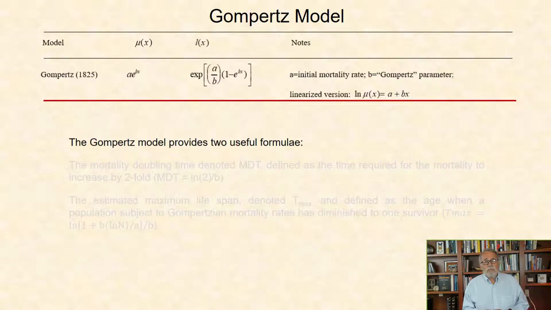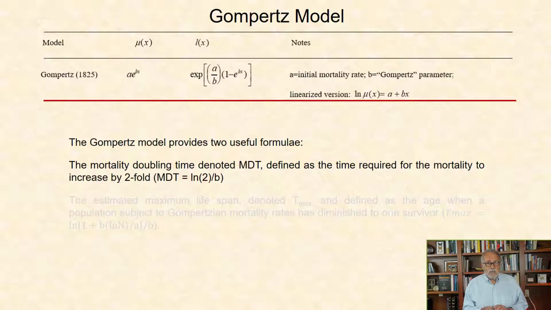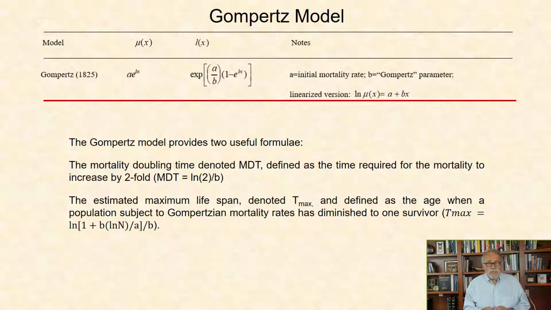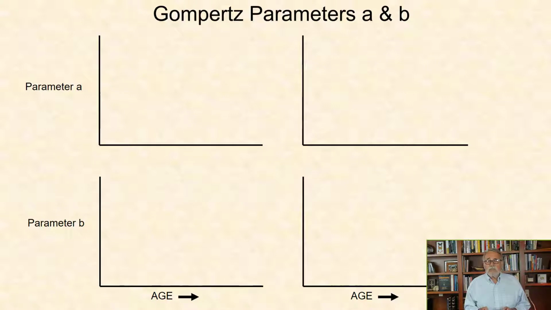The Gompertz model provides 2 useful formulae. The mortality doubling time, denoted MDT, defined as the time required for the mortality to increase by 2-fold. This is the formula. The estimated maximum lifespan is the second formula. It's denoted Tmax, and it's defined as the age when a population subject to Gompertzian mortality rates has diminished to 1 survivor. In the following graphs, I show the effect of different values of the 2 parameters A and B